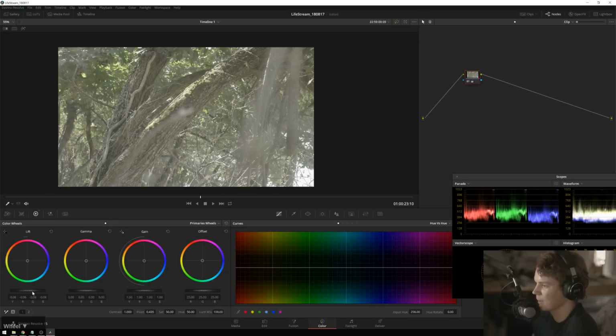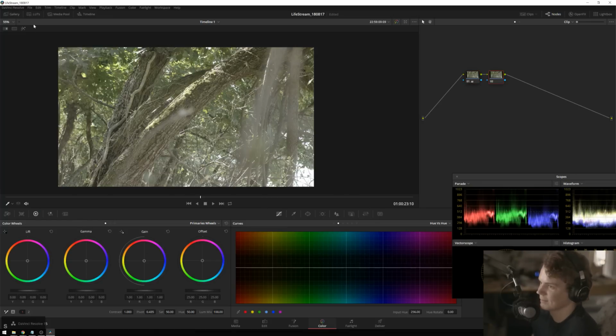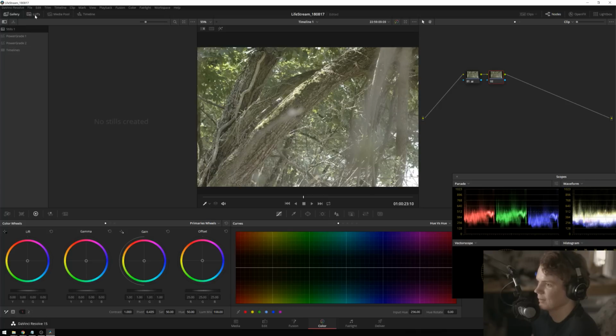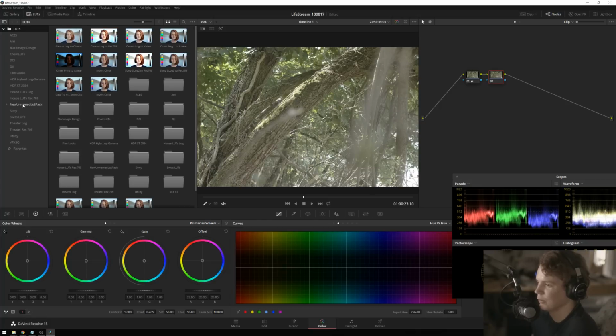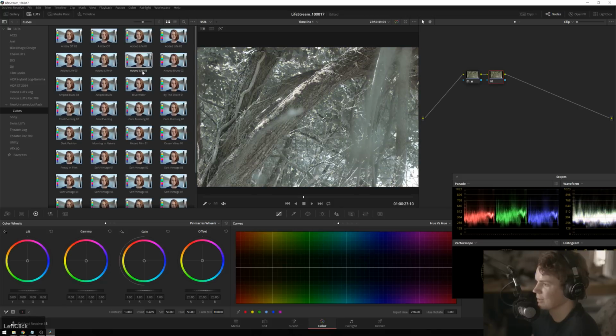I'll normally do color space transforms whenever I just don't know what's going on, and I just need to do something technical. But here, we can just balance our stuff out so it looks sort of like the real world. The real world will be a little bit cooler than this, I think. So we'll do a little bit of a cross process. I can also use the new unnamed LUT pack, and it's got a bunch of really good